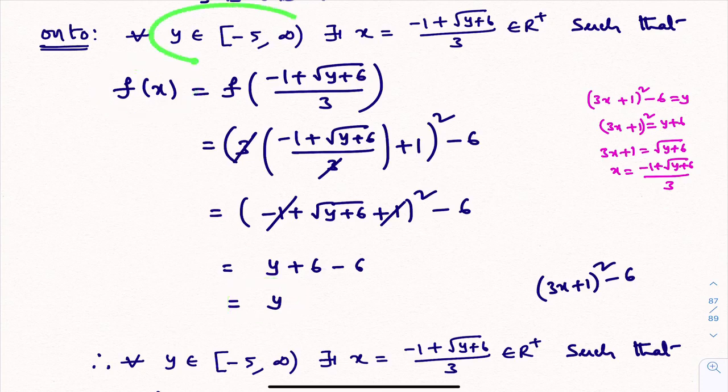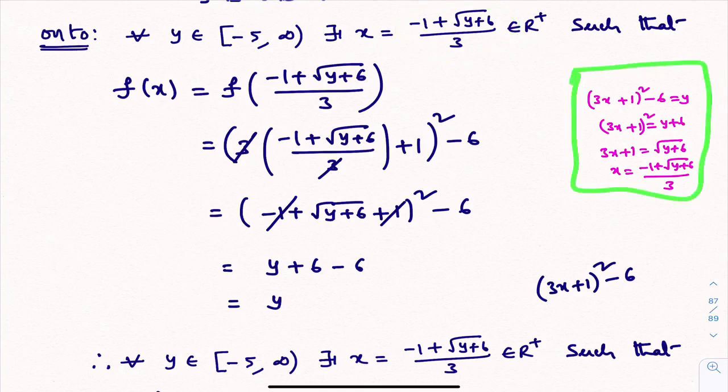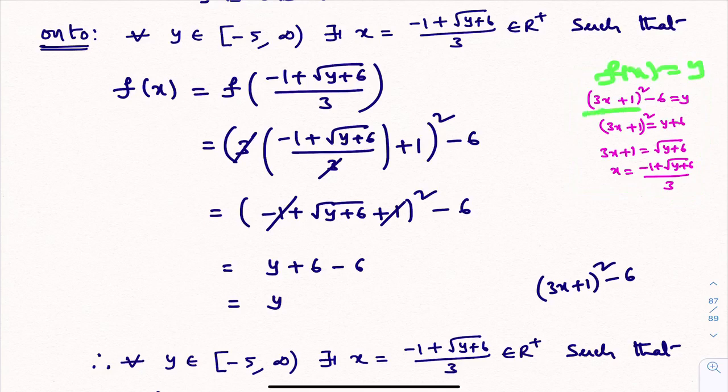First I take one y in the codomain set. For that we must get an x. To get x, earlier problems also we used this trick. You write this in the margin. It's not part of the solution. It is the trick to find out what x is. What to do first? First you take f of x equal to y. What is f of x? 3x plus 1 whole square minus 6 equal to y. And then take minus 6 to this side. It is y plus 6. 3x plus 1 is what? Root over y plus 6. x is what? Minus 1 plus root over y plus 6.